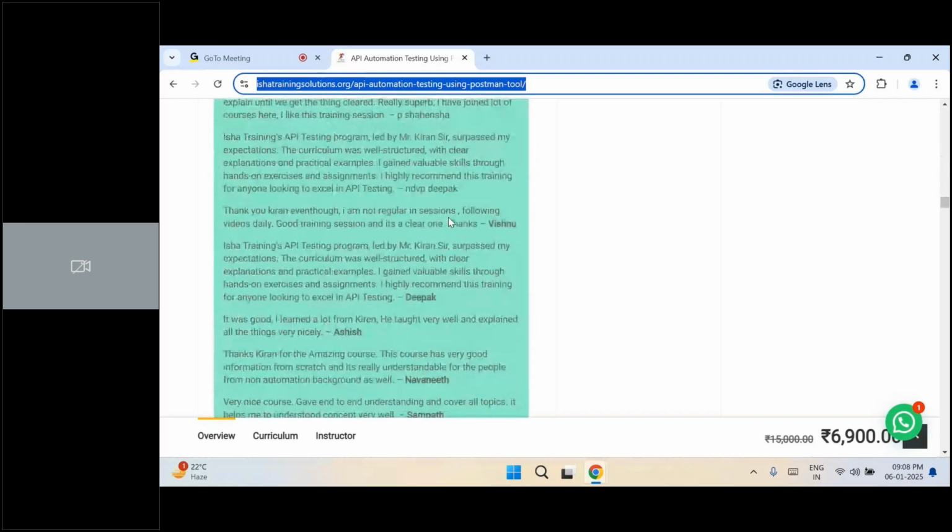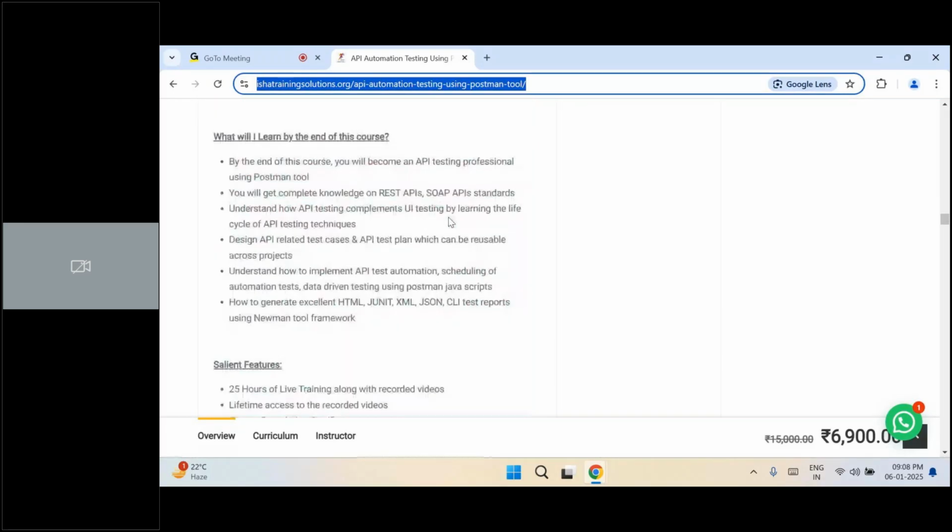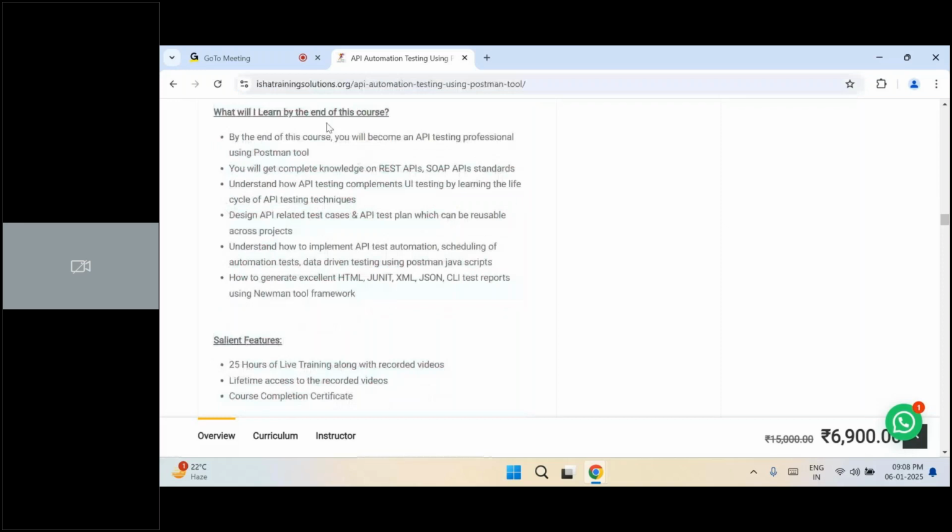You also have some reviews from our previous students listed on the website. So the very first thing that you should understand is what is the takeaway from this course, right? By the end of this course, you will have understanding about the backend APIs, why are they developed, how do they look like, what should be your testing approach for those kind of backend APIs, what are the tools available in the market to test those APIs, and you will become an expert in automation testing of APIs using Postman tool, and how the test plan should be prepared for APIs, how the reusable test cases can be prepared for these APIs.